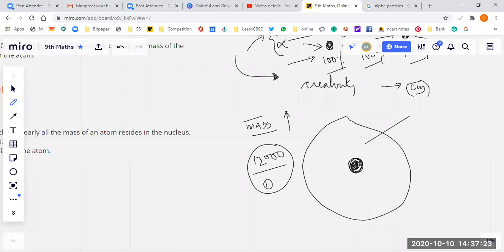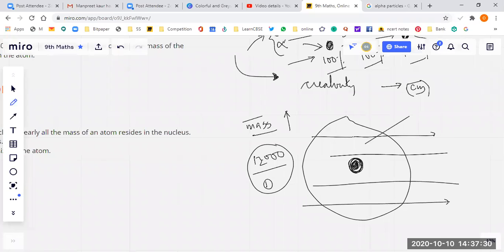मतलब यहाँ से आए, चले गए, उनको कोई फर्क ही नहीं पड़ा। और थोड़े से पार्टिकल डिफ्लेक्ट हुए, मतलब जैसे यहाँ हिट किए तो थोड़े डिफ्लेक्ट हो गए। और जो इसके सेंटर में आया वो कहाँ गया? बिल्कुल सही, वो बाउंस बैक हो गया। आई थिंक आपको समझ आ गया।